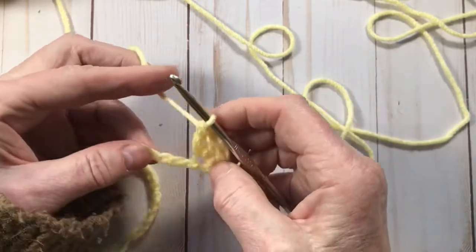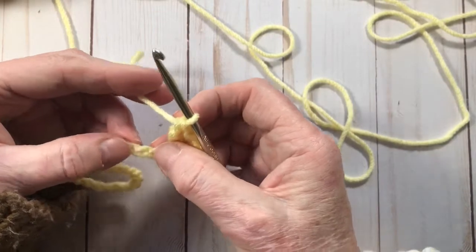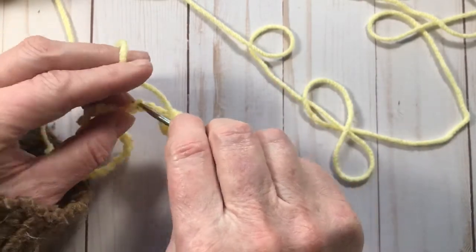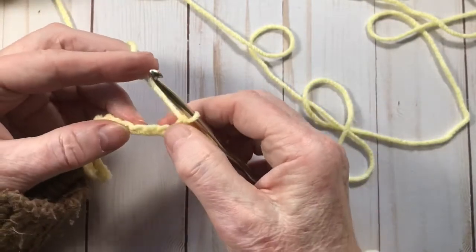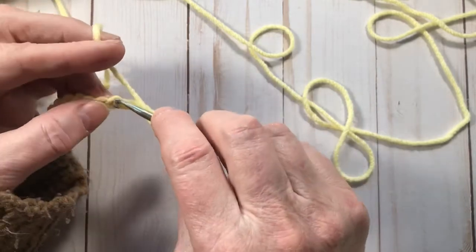Now we're going to start in a pattern here. We're going to skip 2, and we're going to single crochet into the 3rd one. Okay, then we're going to skip 2, and into the 3rd one we are going to do 5